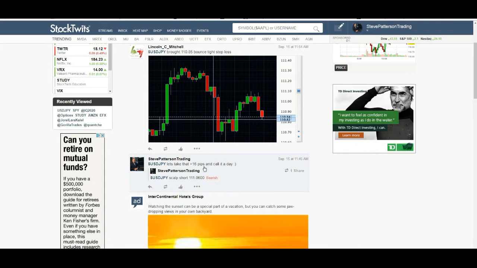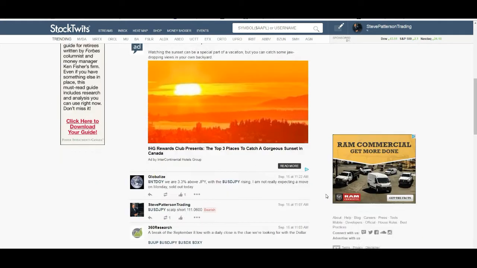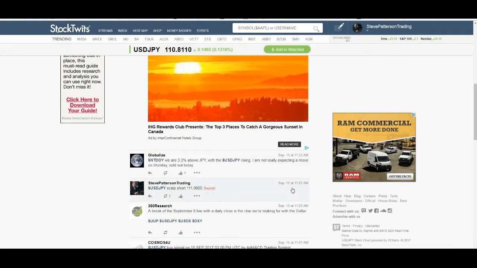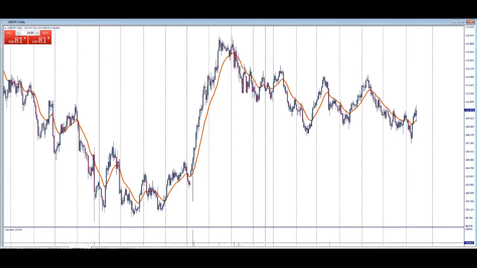So this was a trade that I posted on StockTwits today. I just want to show you guys because it's time stamped and you can see it's for real. So at 11:07, I took a short scalp on the dollar yen at 111.06. So if we go to the dollar yen, the first place I want to start is on